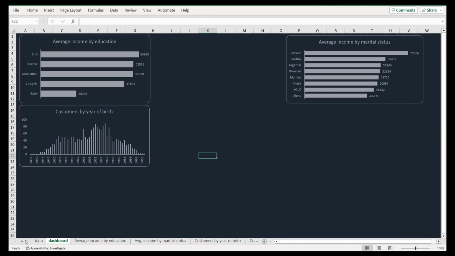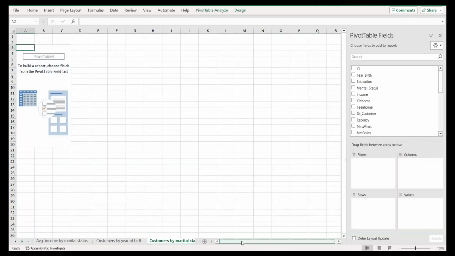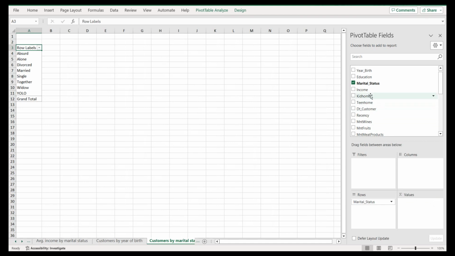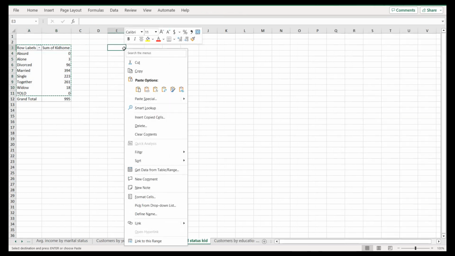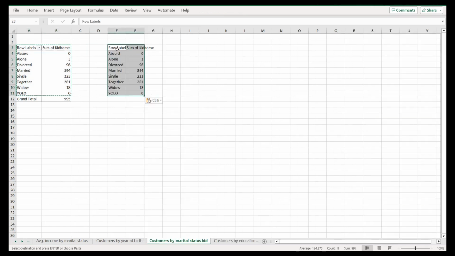Next we have customers by marital status and kids. So here we select marital status in the rows and kids at home in the values. So we select, copy, paste the values in here. So here we have marital status, here we have kids at home, okay, so select everything, insert table, okay,